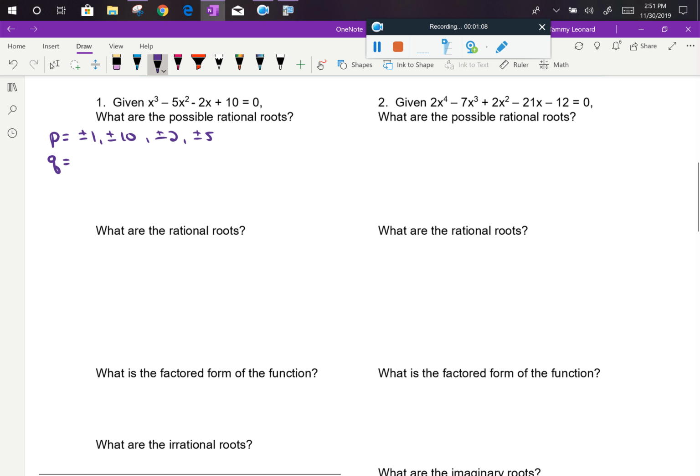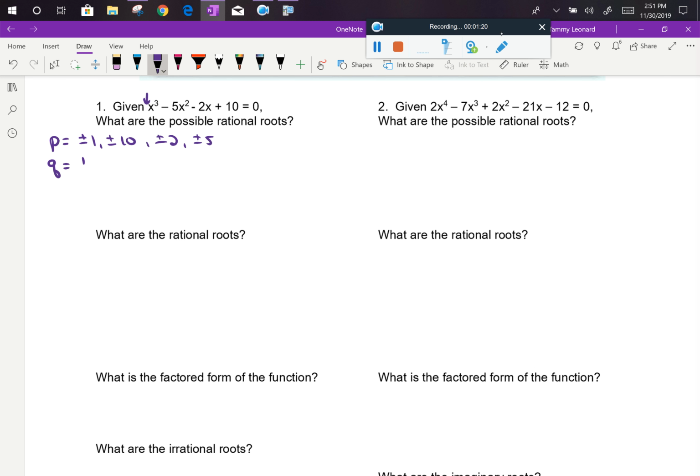The possible Q's are the factors of the leading coefficient. Now, I don't see one, so I know that that's not 0x cubed because then I wouldn't have an x cubed term. That's 1x cubed. So all the possible Q's are just plus or minus 1. Those are the only things I can multiply together and get a positive 1. Okay, so the possible rational roots